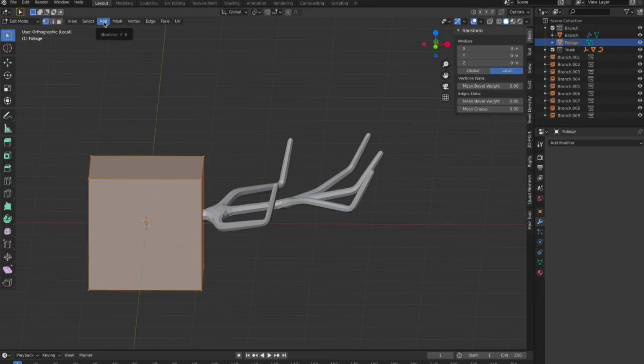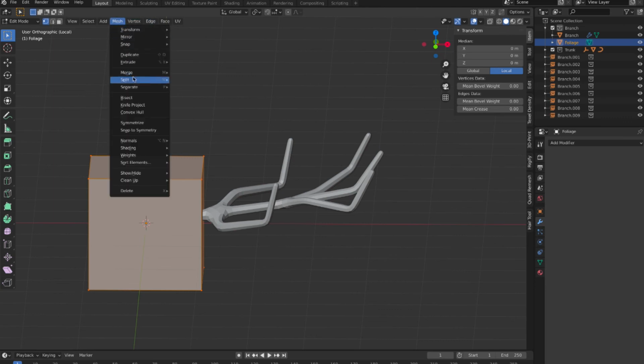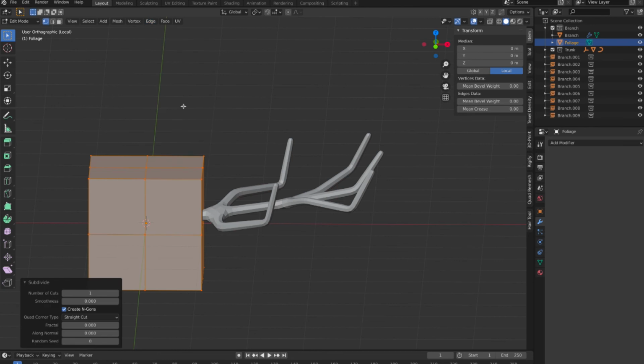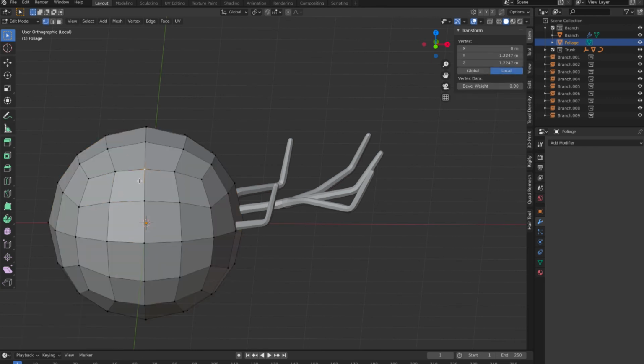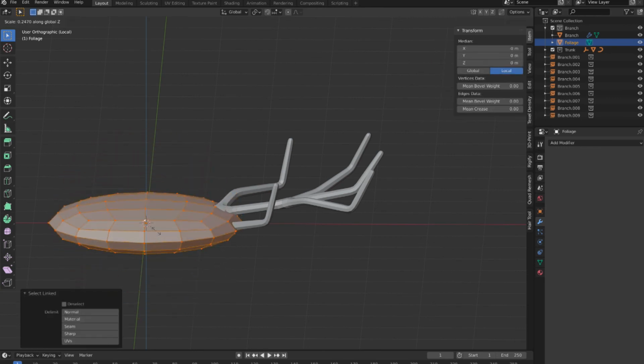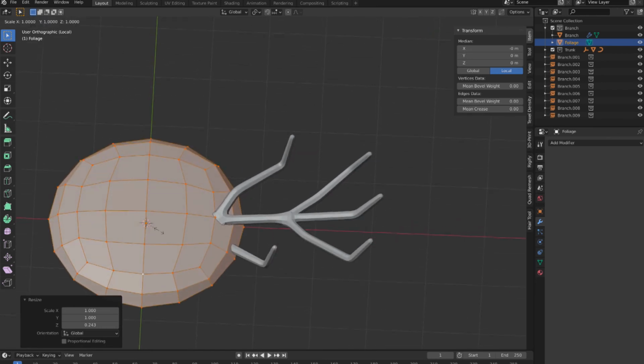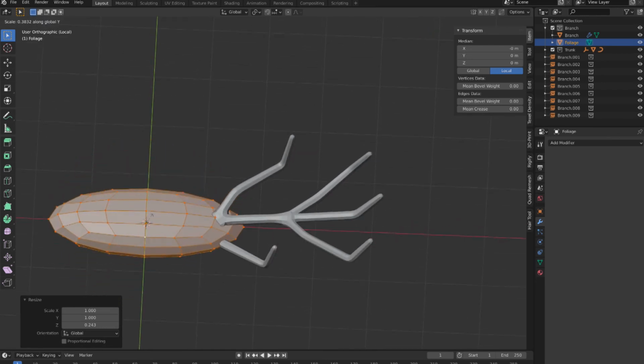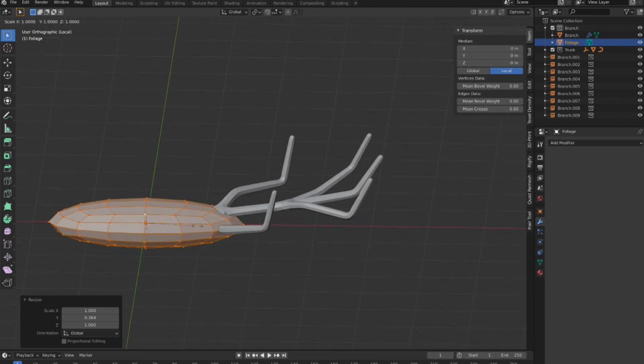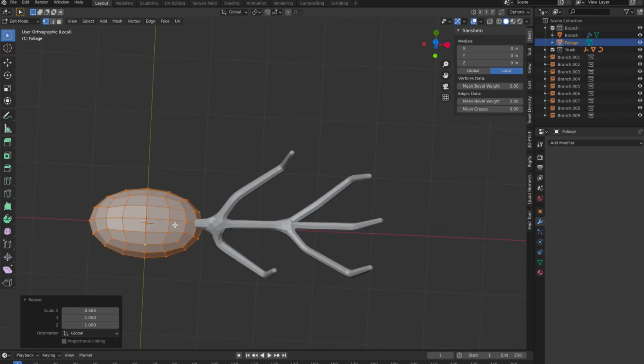Subdivide, mesh, subdivide, where is it? I always get confused, where is it here? Subdivide. And then I'm gonna do maybe 2 or 3 and smooth it. That's it. Let's pretend that's some weird foliage as well,